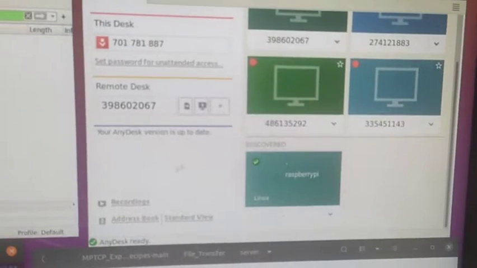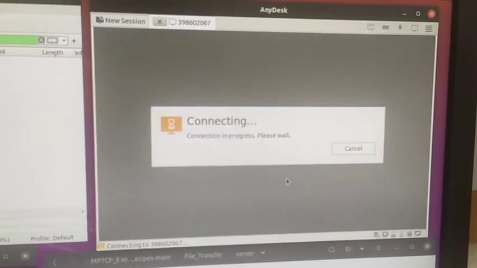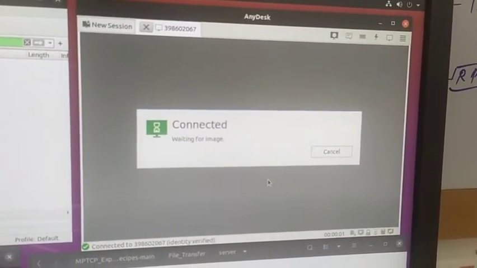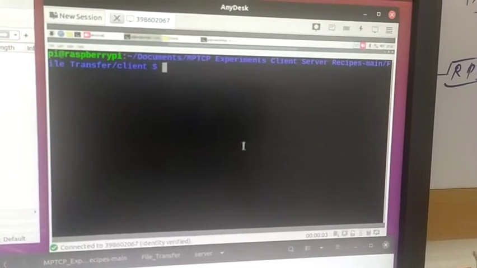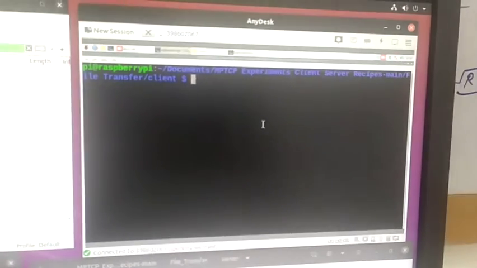We'll open the Raspberry Pi by using AnyDesk. So you can see we have opened the Raspberry Pi. From this Raspberry Pi, I will start the file sending process.